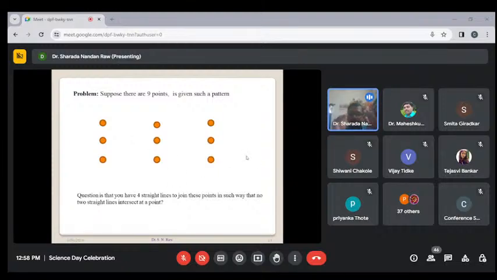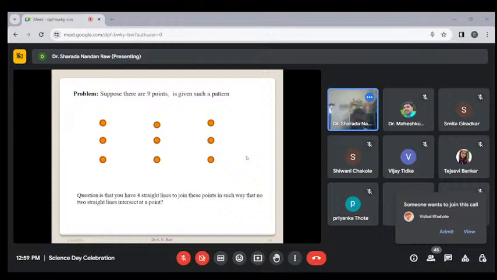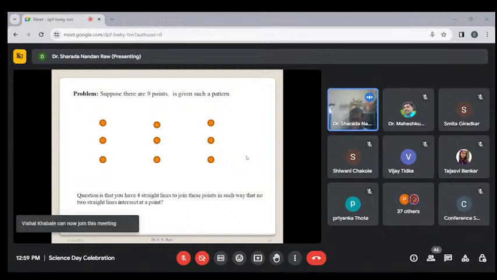You have only four straight lines joining these nine points in such a way that no two lines intersect each other. I am giving you 5 minutes. I'm waiting, then I will show the answer. Just try it yourself. Try to solve this, how can you do it? I will show the answer. Okay, just try it. This is the basic concept of mathematical modeling. This creates your perception about how you can think about an object.